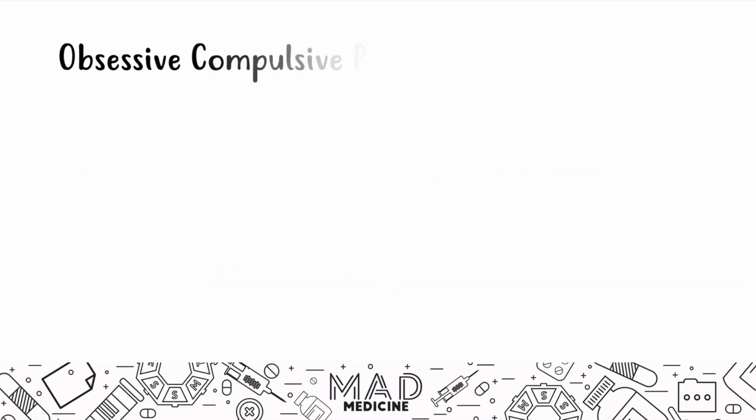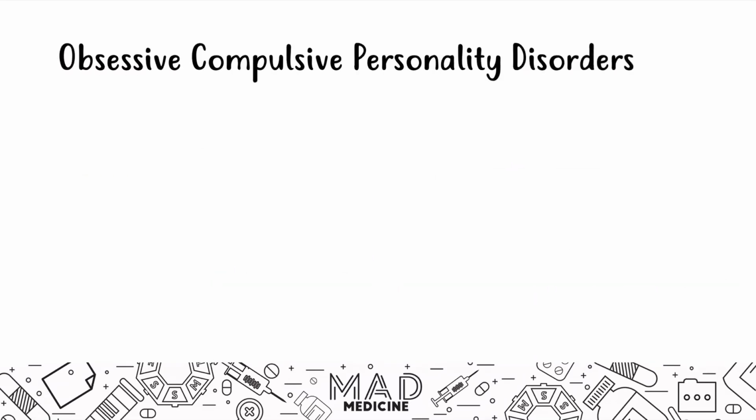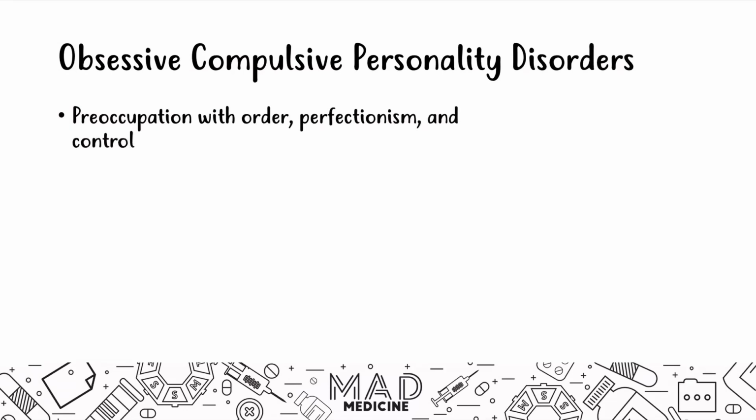And then finally, we have obsessive compulsive personality disorder. In obsessive compulsive personality disorder, people are preoccupied with order, perfection, and control. And I'm sure a lot of you guys can relate to this. They love to make to-do lists. And man, I definitely love to make to-do lists because it lets me stay on track with the things I need to do. AKA, that's why I have order. I like to make sure I finish everything, because I like to make everything perfect, and I like to be in control. I probably have OCPD, right? I probably have obsessive compulsive personality disorder.